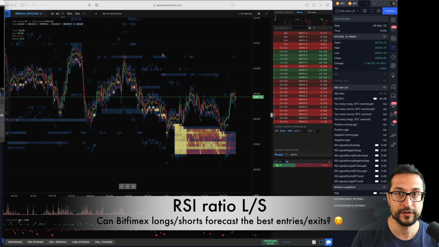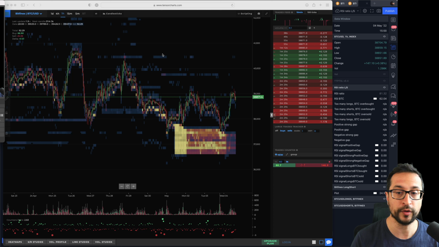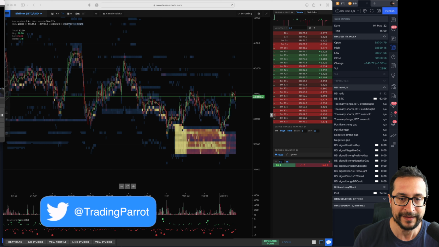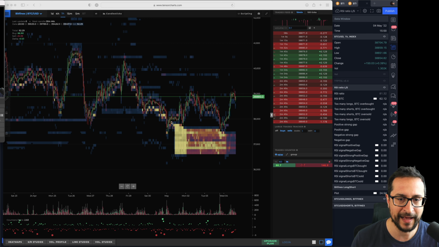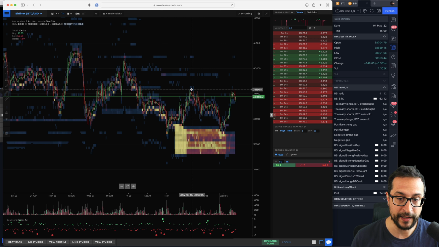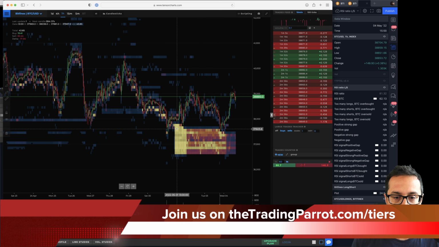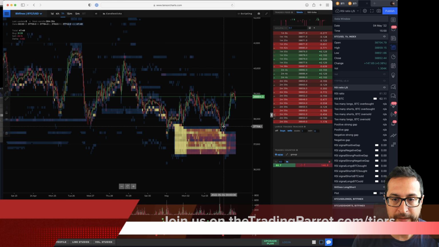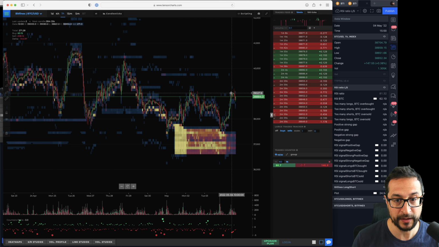Bitfinex longs and shorts, the ratio, the order book, all this information is extremely important. And if you don't believe me, look at this chart. There is a huge wall of demand right here in Bitfinex. And this wall of demand has helped Bitcoin go from 37 all the way to 39. And now the same wall is providing a double bottom right here, which is playing out and taking Bitcoin even